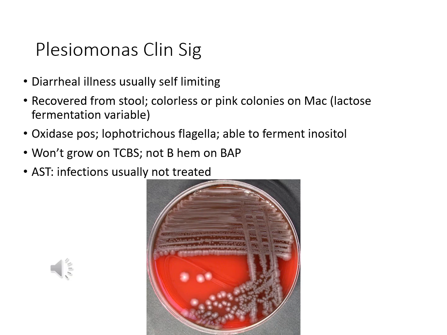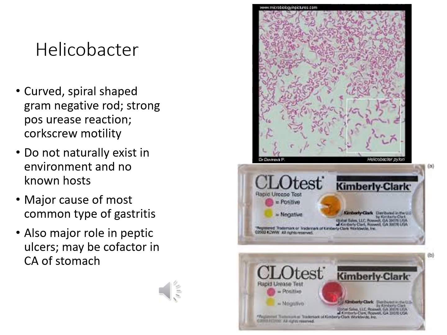Helicobacter is a curved, spiral-shaped gram-negative rod, and it has a strong positive urease reaction. If you do a direct mount, a lot of times you'll see corkscrew motility from them as well. It does not naturally exist in the environment and doesn't have any known host. However, it can be a major cause of gastritis. Helicobacter actually plays a major role in peptic ulcers, so that means it also could be a cofactor in cancer